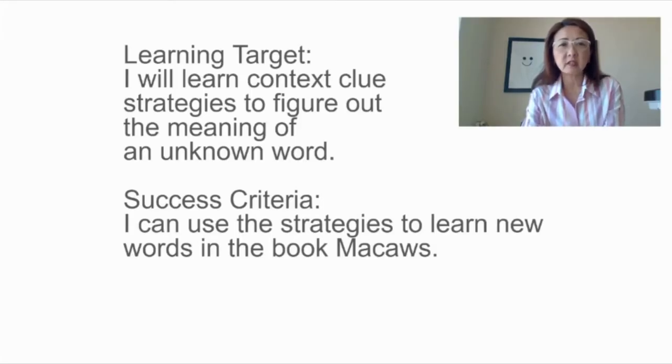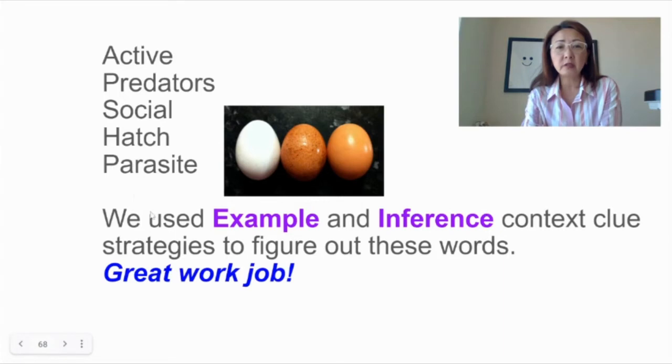Let's go back and visit our learning target to see how we did today. Our learning target was, I will learn context clue strategies to figure out the meaning of an unknown word. Our success criteria was, I can use the strategies to learn new words in the book Macaws. So we learned to use the context strategies of example strategy and the inference strategies. And we were able to learn these words using those strategies today: active, predators, social, hatch,